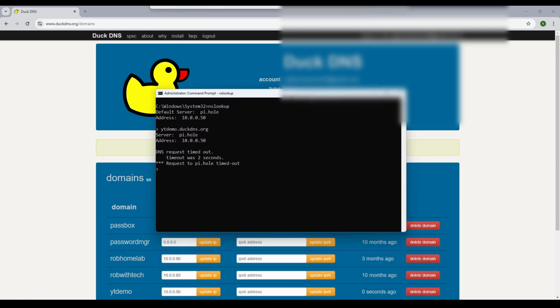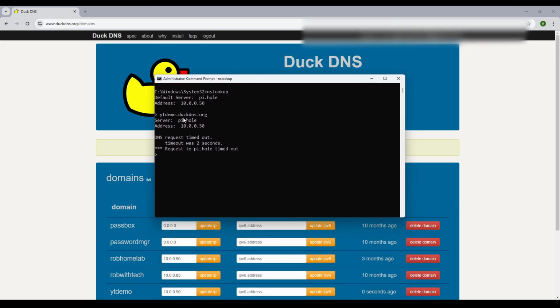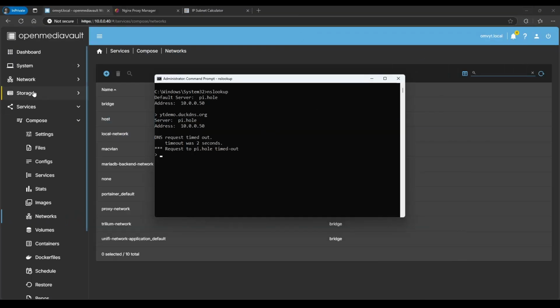So what you do in this case, and this is because I have Pihole, is we have to override it. So how are we gonna override it? It's gonna get a little complicated. But if yours resolves the IP address without this, then you can proceed to the next step. But if it doesn't resolve, you're gonna have issues. So I'm gonna minimize this. We're gonna go to